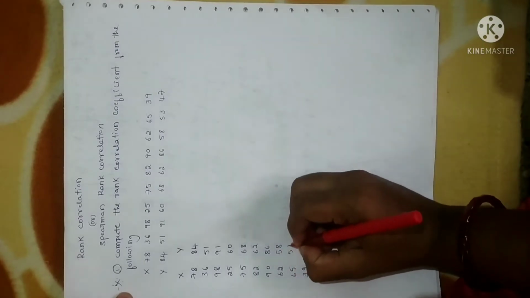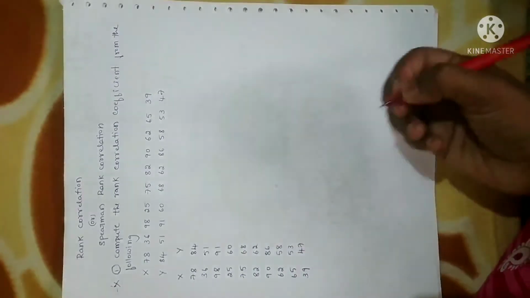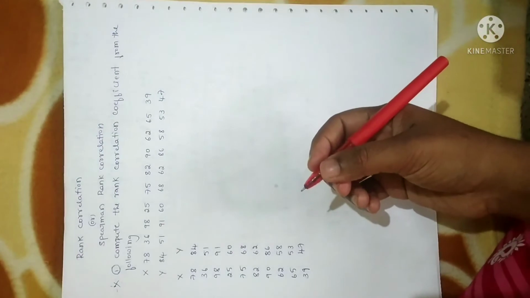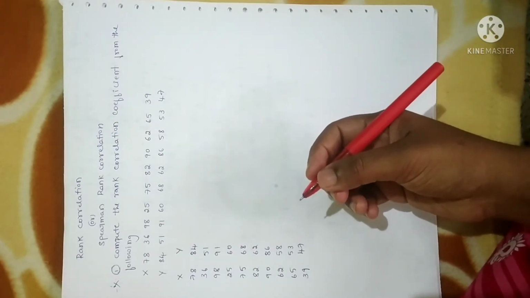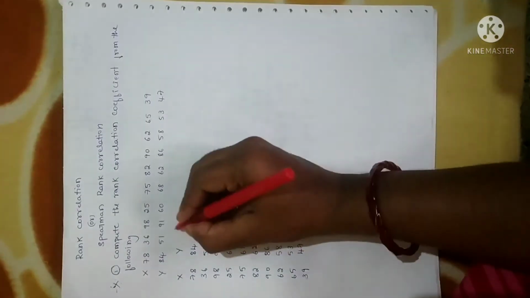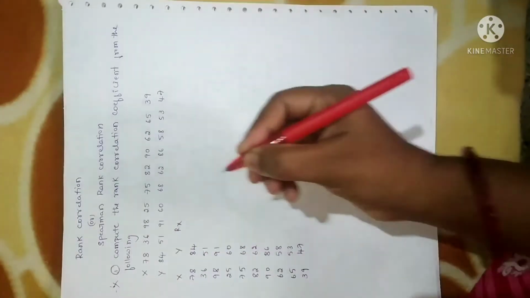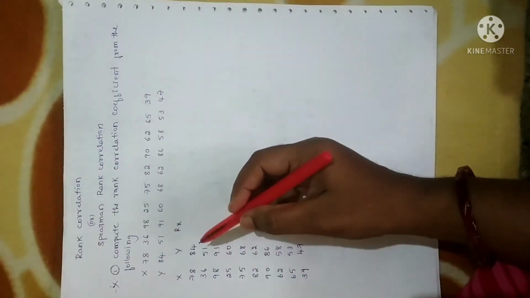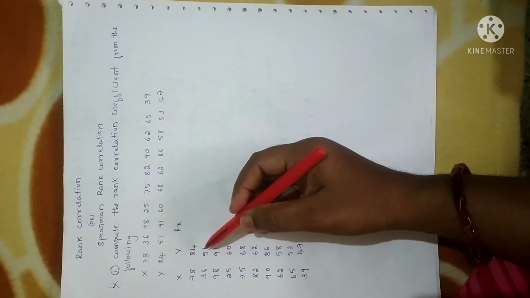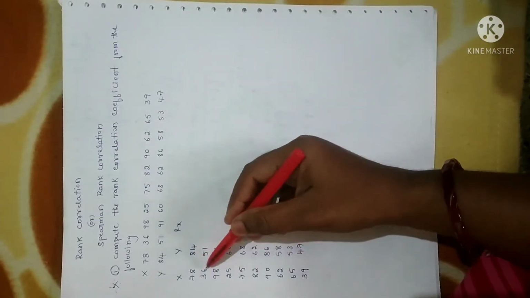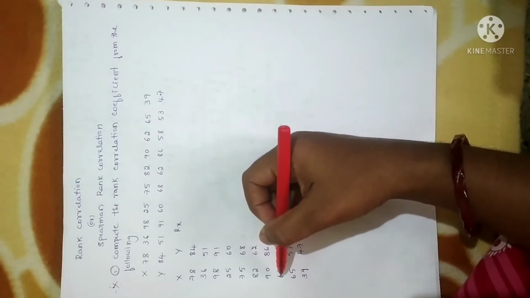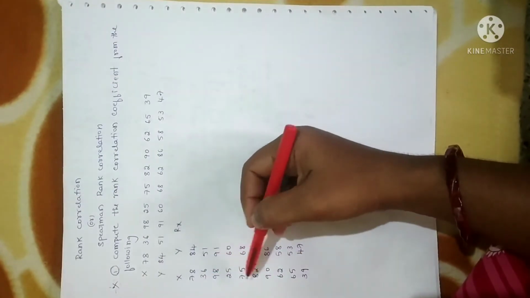58, 53, 47. So as I said, before deciding which formula we need to apply, why? Because we have two formulas, right? The first one is for when there is a repeated rank, and the second one is for when we do not have a repeated rank, right? So for that, first we have to locate the ranks of the given data. As I already told you in the previous problem, first you have to look at the x values. In the x values, you check which is the highest mark among the given list.